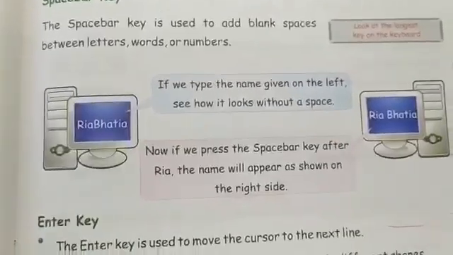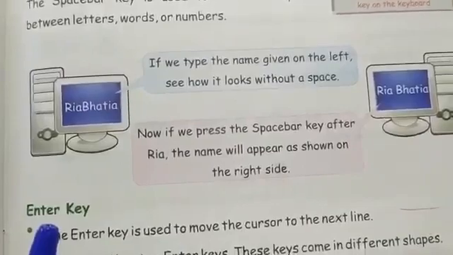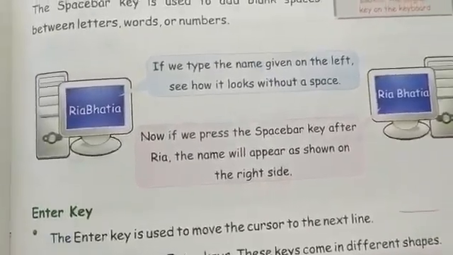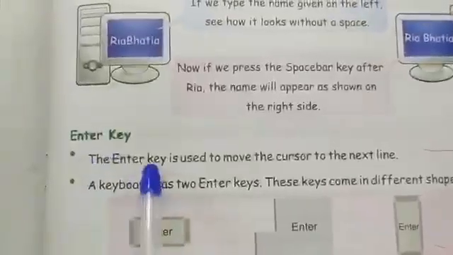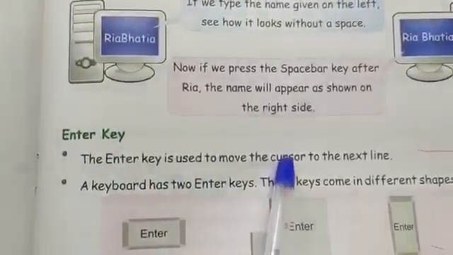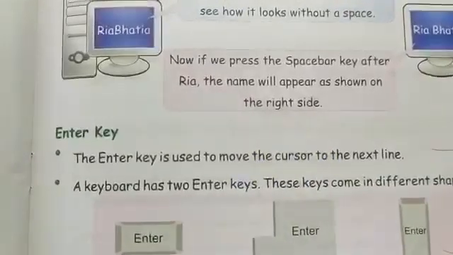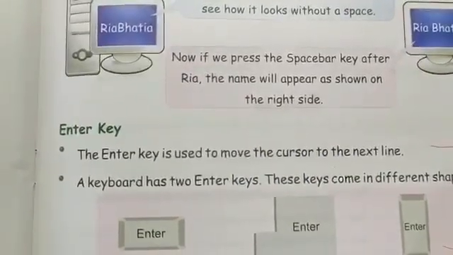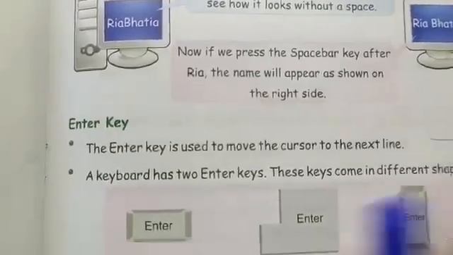Now next is the enter key. The enter key is used to move the cursor to the next line. So what is a cursor? Cursor is a small blinking line. What is a cursor? As you can see here,